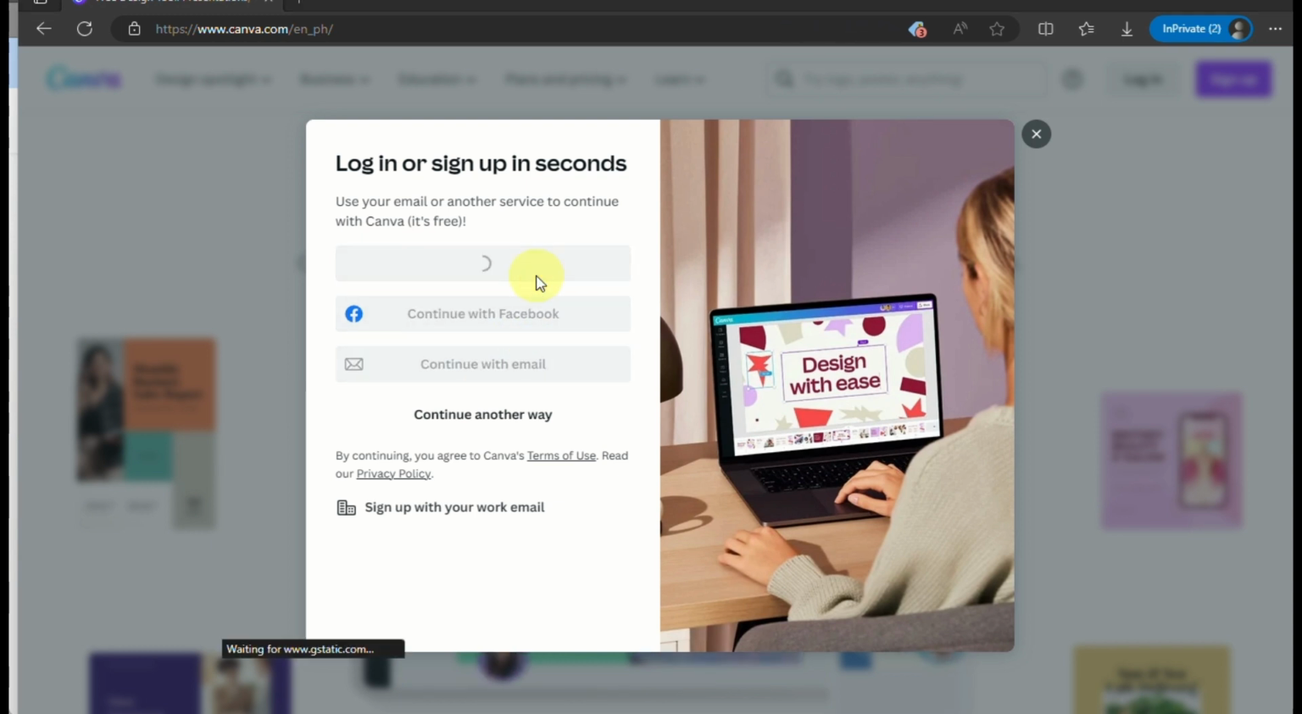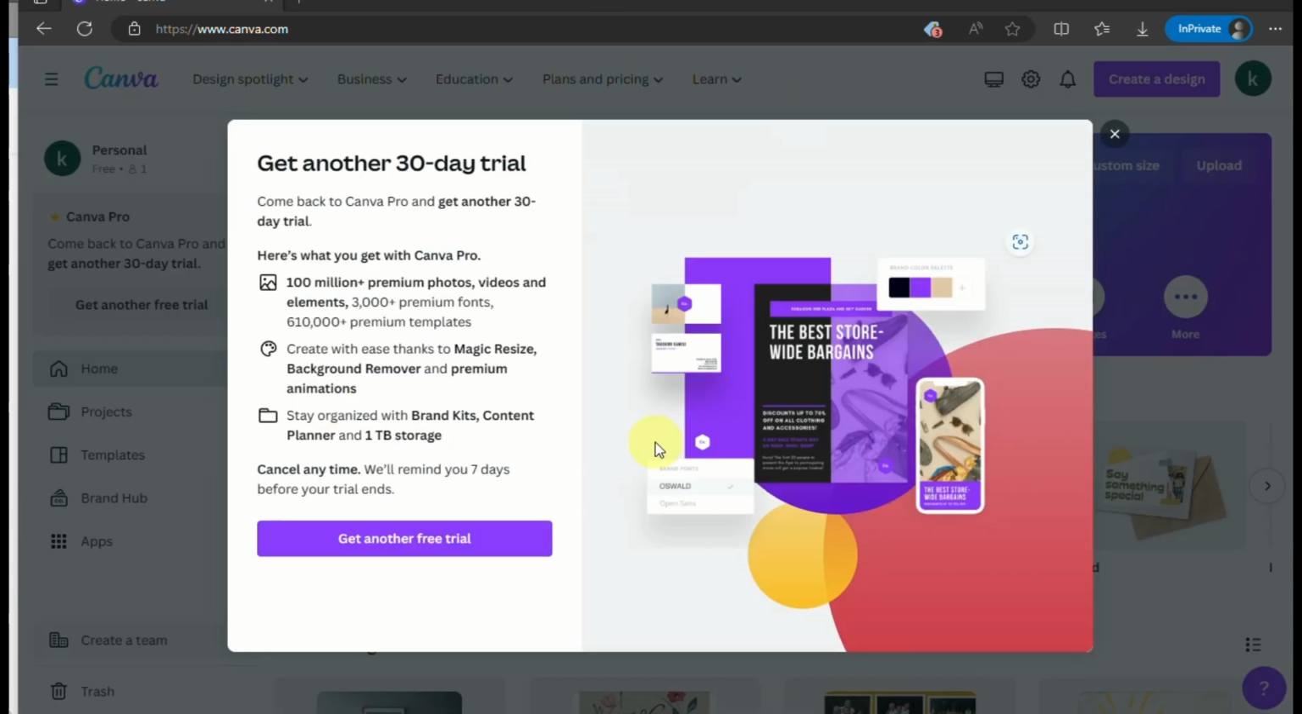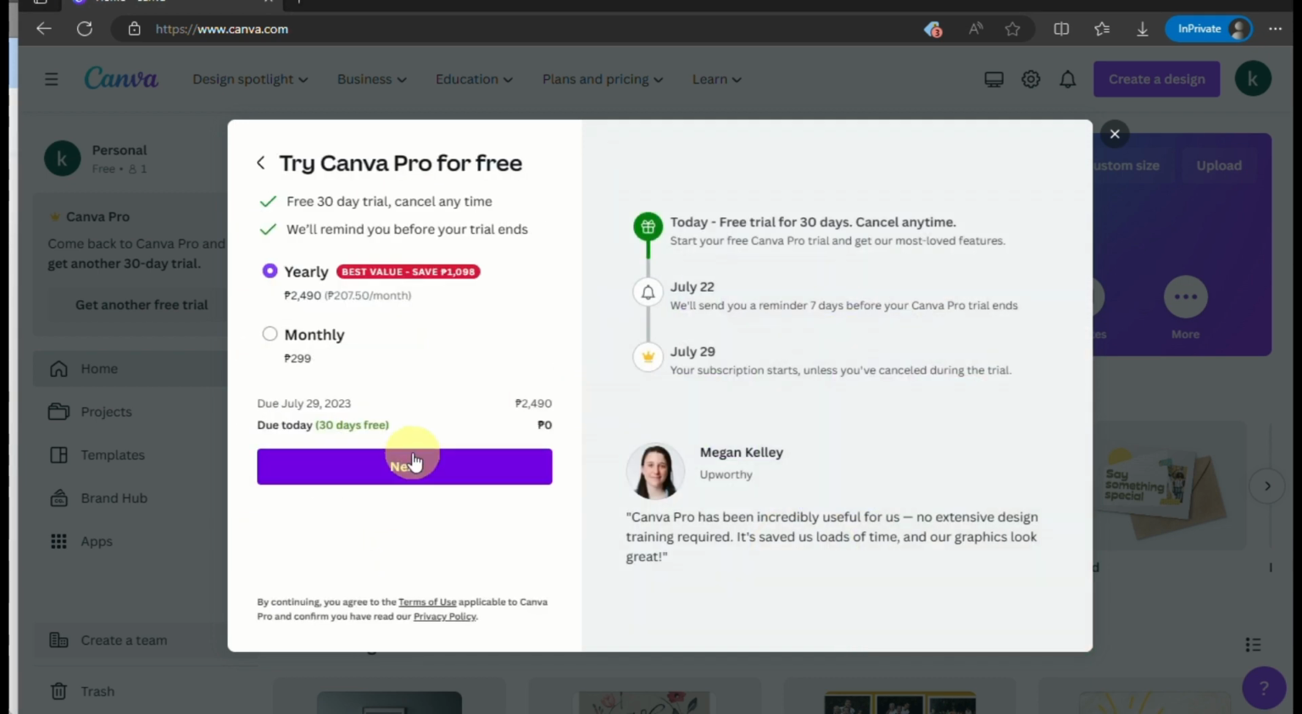So here I'll try to sign in again with my Canva, so that we will be able to fill out all the details for the free trial that we have. This is just to guide you so that you will be able to get the virtual credit card, and you can see that this is functional as well. Here, you can see that these are their pricing. You have yearly and a monthly